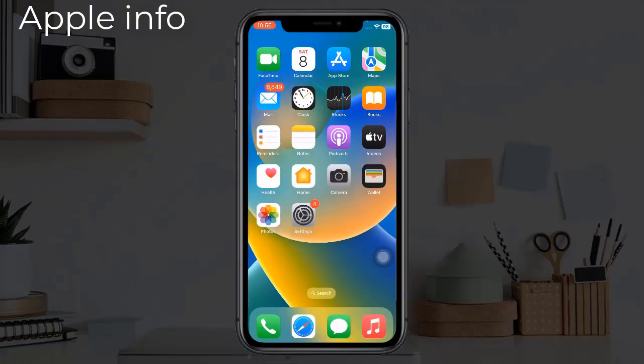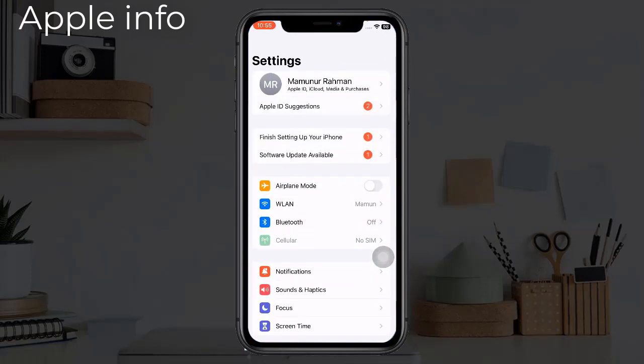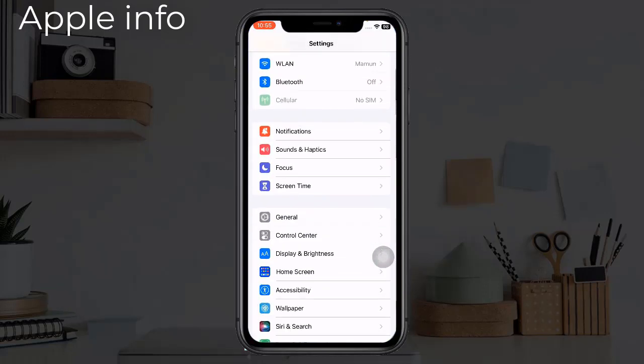Solution 5. Diagnose and fix faulty apps. Recent iOS devices have a feature called Analytics. As the name implies, it allows you to diagnose system issues and determine which of your apps is causing the problem. To access this information, just go to Settings, find and tap on Privacy and Security,